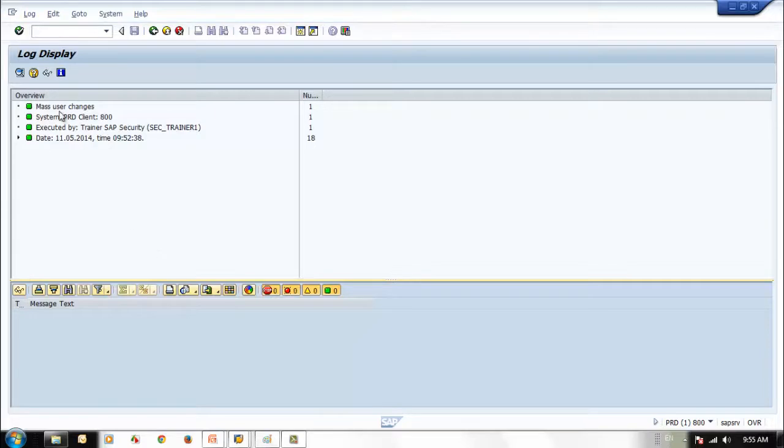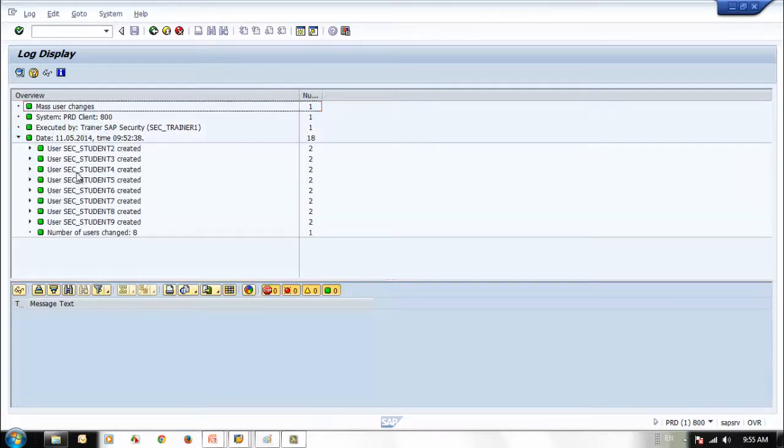Now here you can see the log. It shows what was changed in this system and client, and who changed it. If you open this, these are the users which have been created. We have